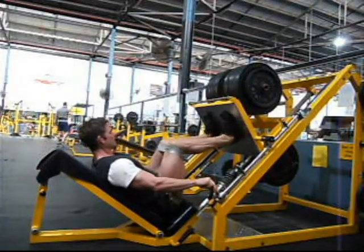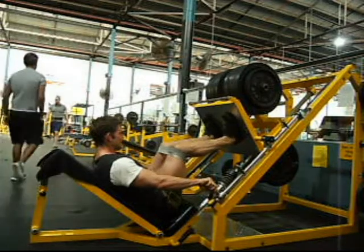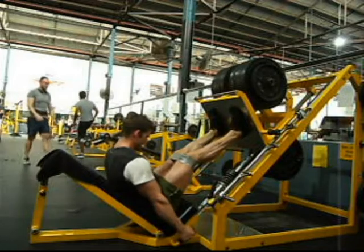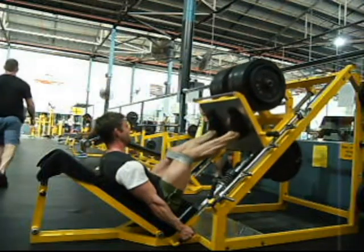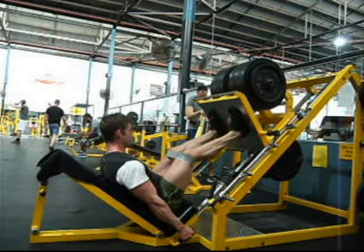Alright, so moving on, and this is one of my last heavy sets on the leg press. So getting pretty heavy now, and I'm really trying to smash the quads with this one and just try and get as many reps as I can with good form. One thing with the leg press, you're not going to get a